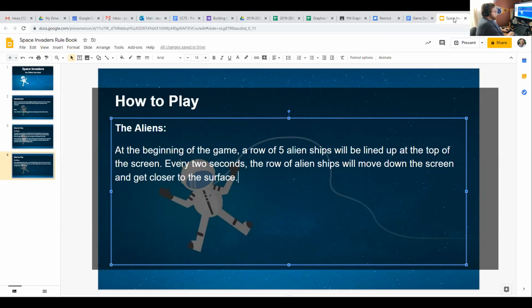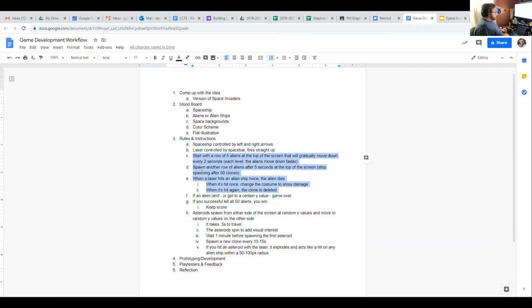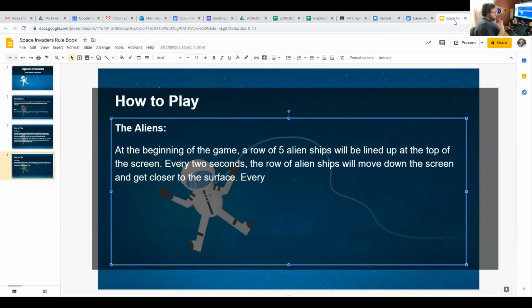So after we've established that there is a series of aliens at the top and they're going to be coming down the screen, maybe every, I don't know how many seconds. I think I said over here that every 5 seconds or so, there'd be a new row of aliens. So this is something that can change after the development actually happens. I can change in my rule book how many seconds of wait it is, or however I need to explain it to reflect what the coding and the trial and error and playtesting brings out. So I'll just start here with what I put in my initial notes. Every 5 seconds,